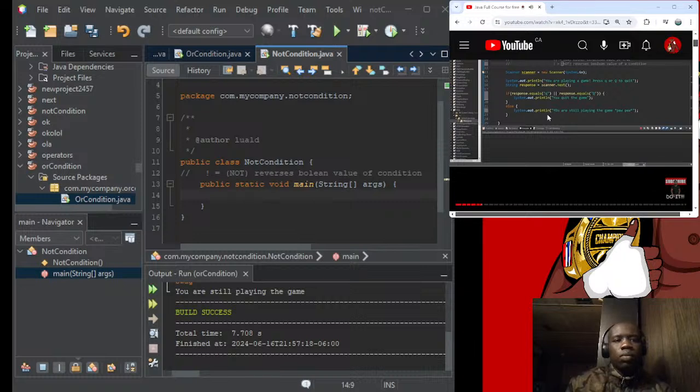This will reverse the Boolean value of a condition. So using the not logical operator, we could make some changes to how our program is written. So if we precede these conditions with the not logical operator, this will reverse the Boolean